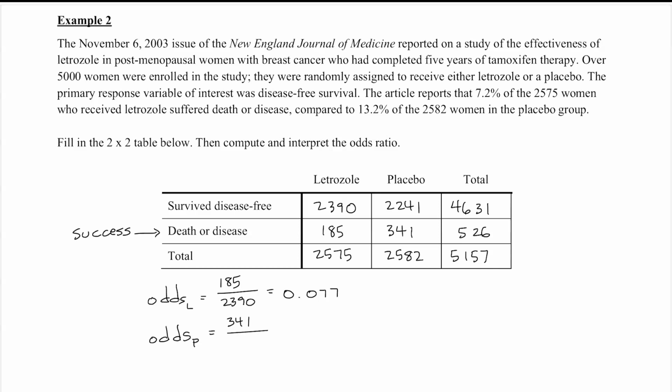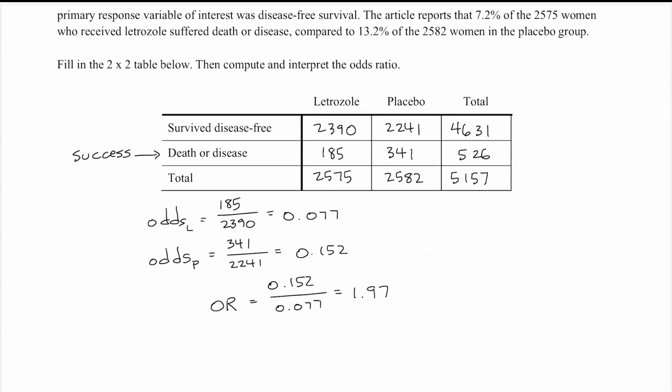The odds of success for the placebo group, that would be 341 successes to 2,241 failures, and that's 0.152. So the odds ratio, which we can abbreviate OR, I typically take the higher value over the lower because I find that more natural in terms of interpretation, but you should get 1.97. So basically that's saying the odds of experiencing death,